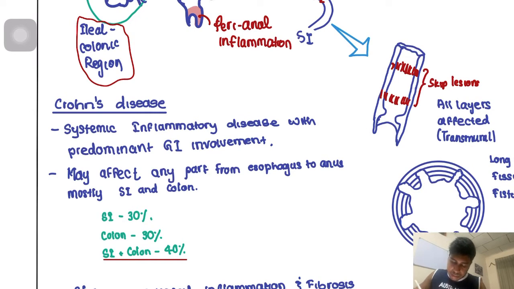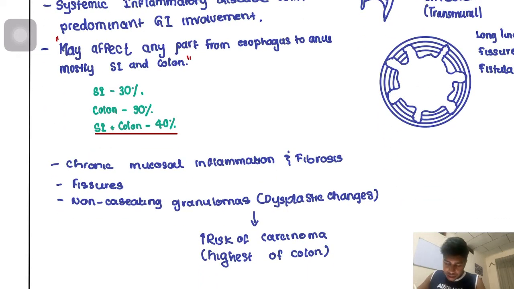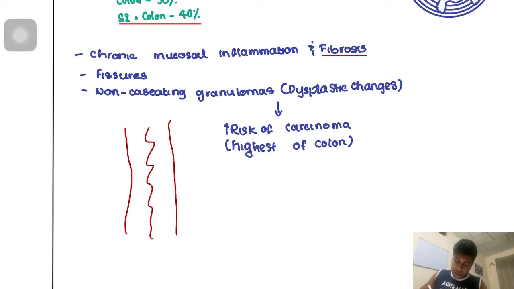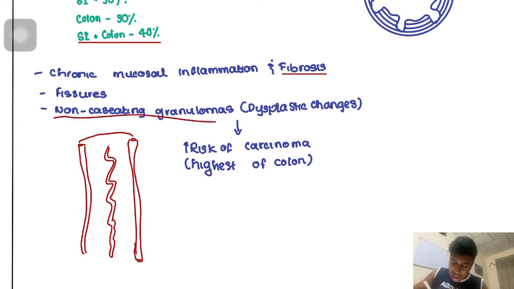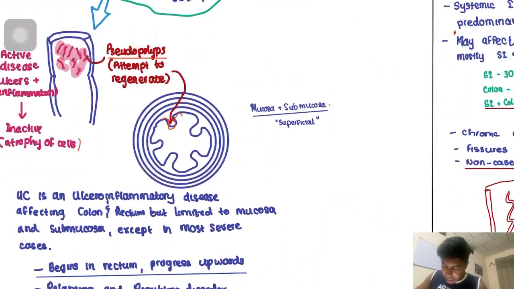It's a systemic inflammatory disease with predominant GI involvement. May affect any part of esophagus to anus, mostly small intestine and colon. So it's most commonly in this region. There's chronic mucosal inflammation and fibrosis. You get fissures. You know what a fissure is. It's basically, you have the wall and you get, so if the wall was like this, you will see ingrowths. It has buried down, and you get non-caseating granulomas. Okay? And it increases the risk of carcinoma highest in the colon. So you get colon cancer, the risk is highest for colon cancer, same in ulcerative colitis. Okay,